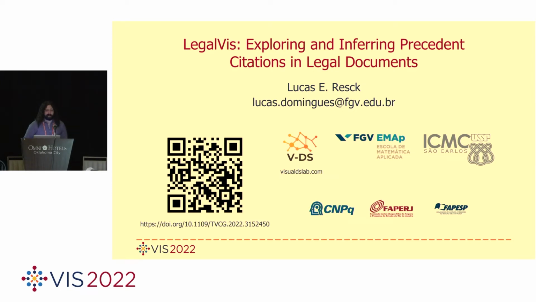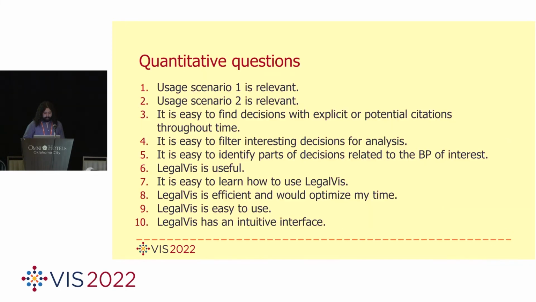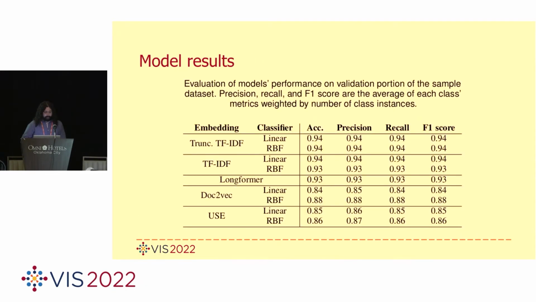Okay, thank you for the question. I couldn't present the models part because of time constraints, but I have a backup slide here with the model results. This is a table presenting a list of the models we tried and also the performance on the validation set. As you can see, we tested linear models, language models, and other embedding models. And in our dataset, the TF-IDF with Support Vector Machine had the best performance. In our paper, we discussed these results and the reasons why we think this occurred. Refer to the paper for more information, and thank you for the question.